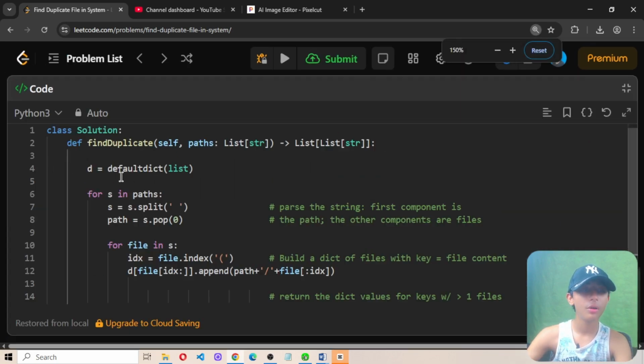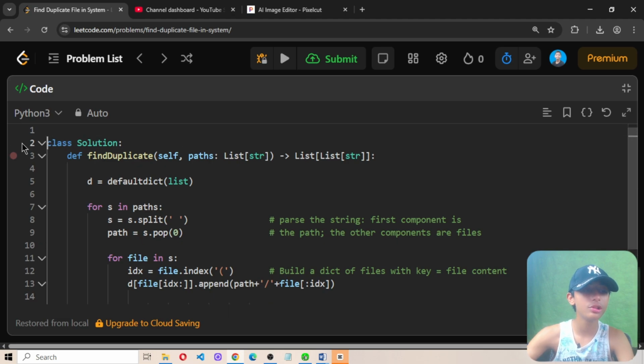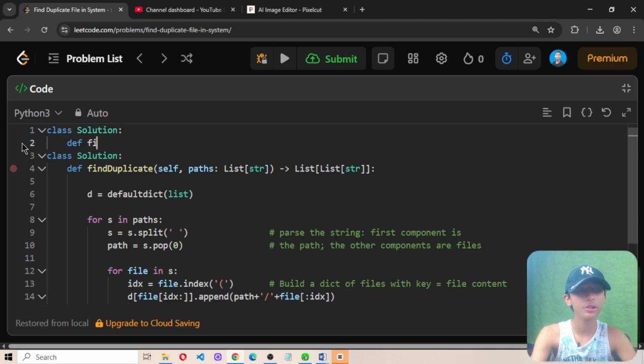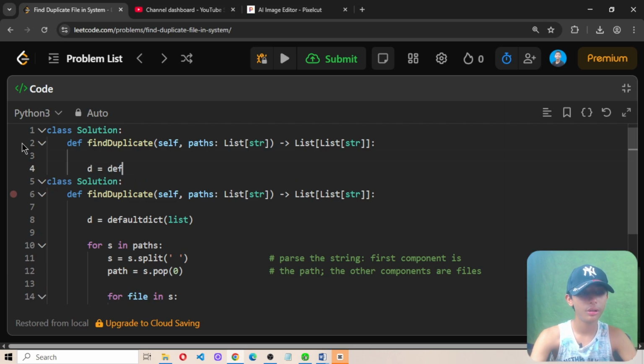First of all, we define a class Solution, because it's a rule of LeetCode. Whenever you want to solve any question, first of all you define a class Solution. Define findDuplicate here, def self, comma, paths: List[str]. It is an array of strings, so that's why we are defining it as List of str. Then d equals defaultdict, and define here